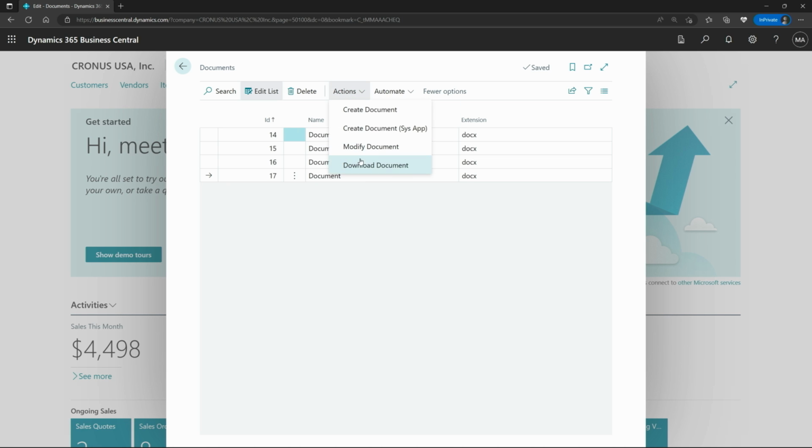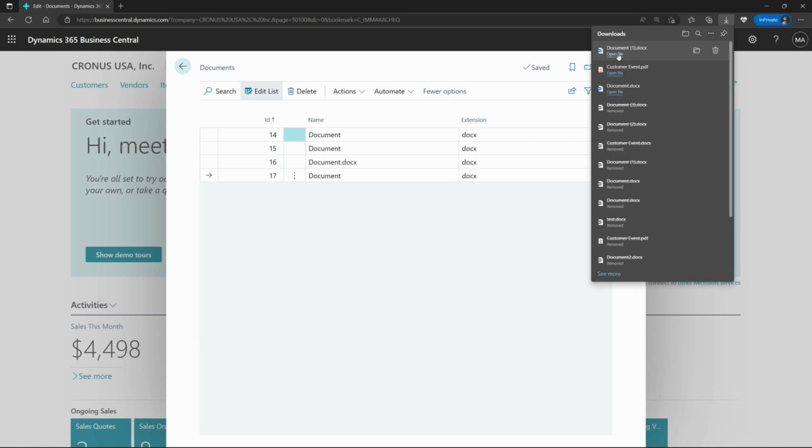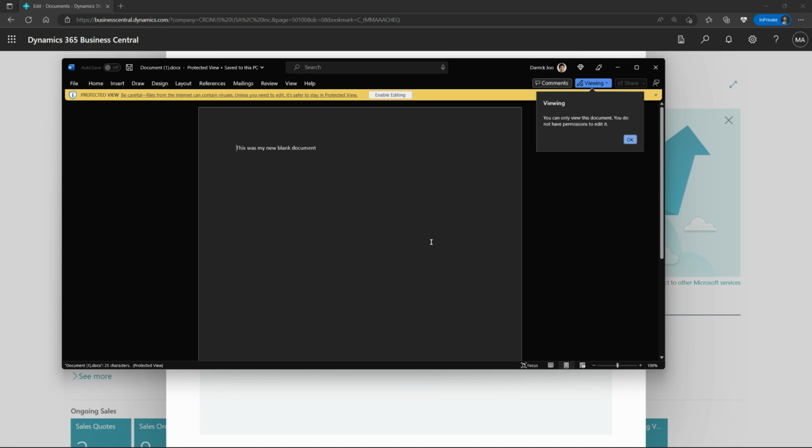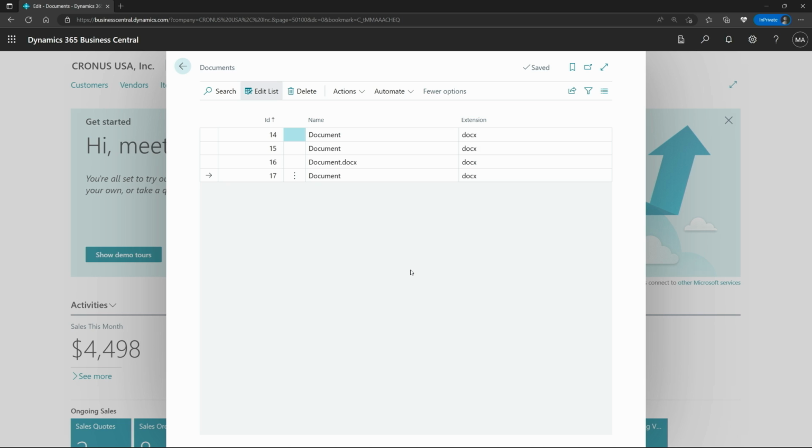And to very quickly take a look at that, let's download this file as well. And let's open this up. And now we can see the edited document and having the data, and I've downloaded it. Great. So now I'll show you the other way of creating an empty document, calling directly into the system application